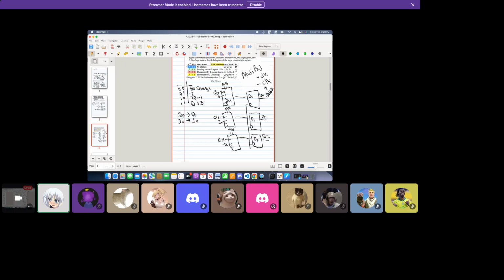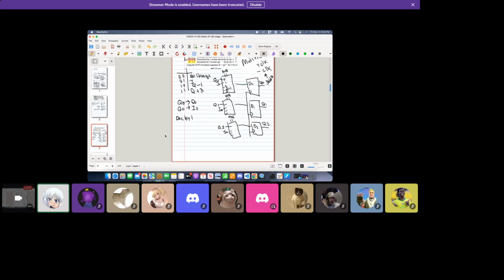Okay, we've done the first 2 in under 2 minutes. They're probably going to remain the same. No change and loading external inputs are the most common ones for this type of question. The last 2 are variable. We have decrement by 1. That means we're just counting down by 1. So this is basically a down clock,